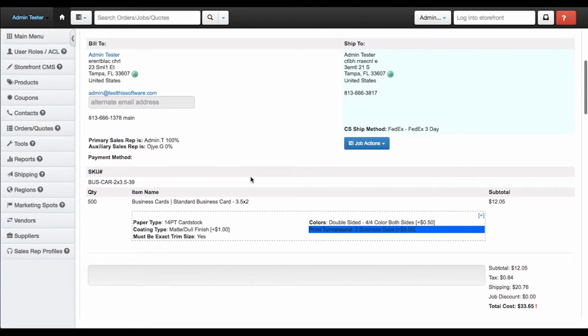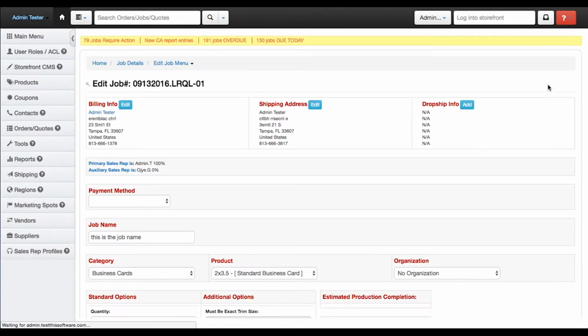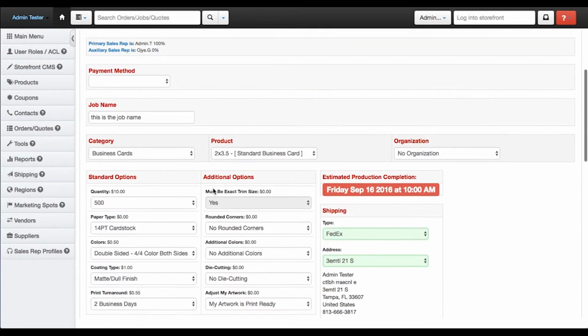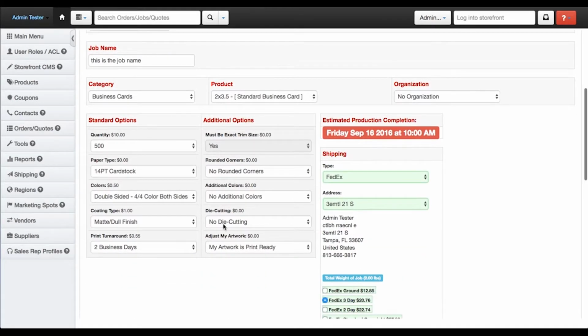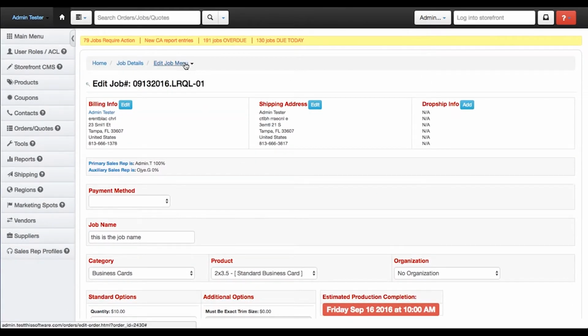But let's say this customer now changed their mind again and they wanted something else done to it. Let's go back up to Edit Order. They want spot UV. Well, we scroll down here, we don't see any spot UV options because these are all the standard options for the product. Well, now what we can do is scroll back up, go to Edit Job menu,